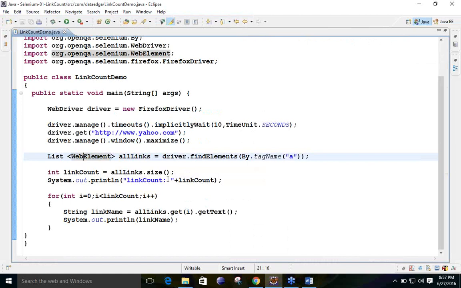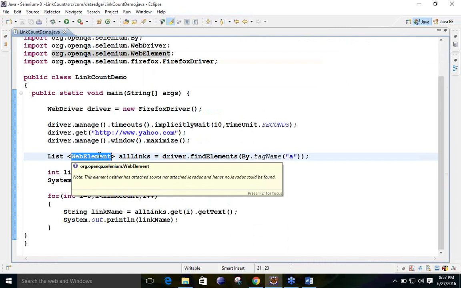If we write WebElement, we are telling our list that it will take only values that are web elements, meaning elements from the web page, right? Because we are dealing with the web page concept, so we have taken WebElement, and this is one of the classes present in Selenium. You can see the import, this highlighted one. So we have told the list that you need to take only values which are WebElement.